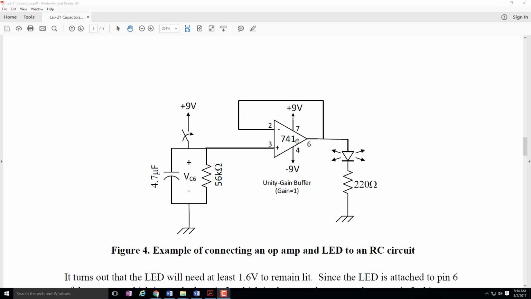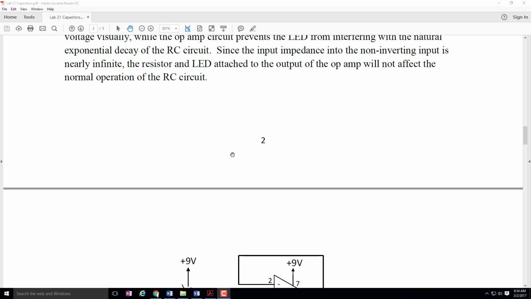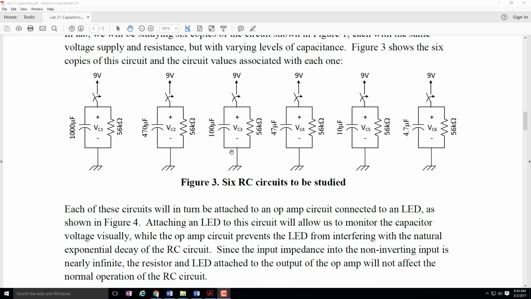So the op amp is pre-built for you. All you need to do is connect this wire right here, and you'll connect the wire between the positive terminal of the capacitance and pin 3 of the op amp. You'll do that one at a time for each of these 6 circuits, and you'll see how long the LED